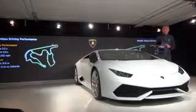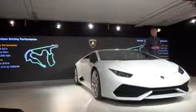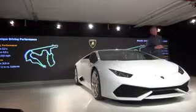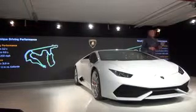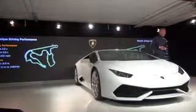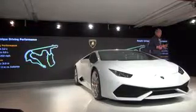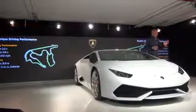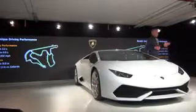At the end, what did we achieve with all this? Here you see the track of Nardò, our house, where we performed a little bit less than 1 million kilometers in order to develop the Huracán and to release what you will test later, but also to achieve outstanding performance like 0-62 miles per hour in 3.2 seconds and 0-124 miles per hour in 9.9 seconds. We are able to achieve a top speed that is superior to 202 miles per hour, 325 kilometers per hour, and we have a braking distance from 62 miles per hour to 0 in